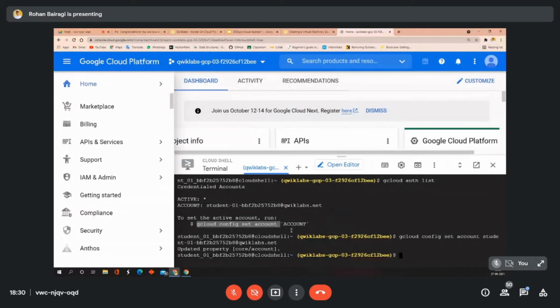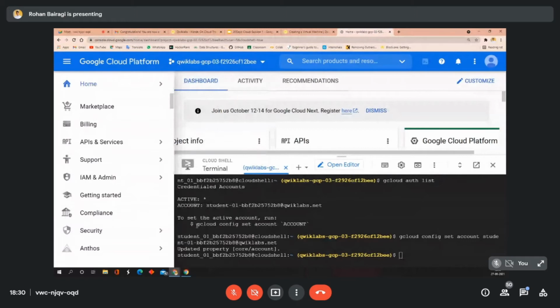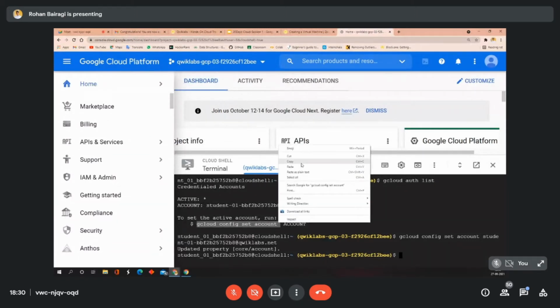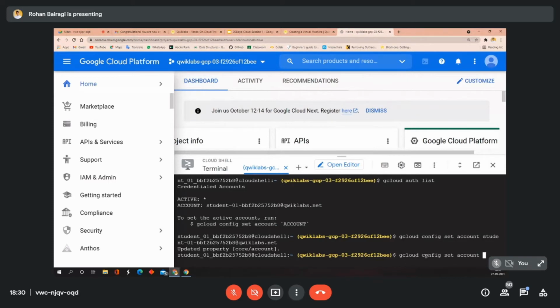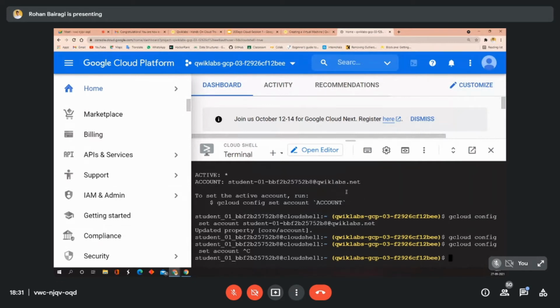Just copy up to account and then enter a space and then copy the account which is just above that command here. First copy gcloud config set account and then paste it, and then after that select this one, account, active asterisk, and below that account, student01@quicklabs.net. Just select it and copy it.